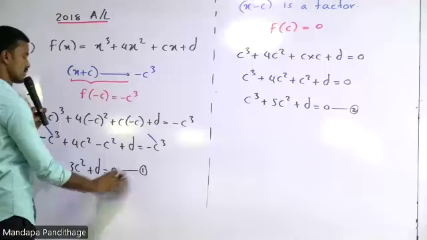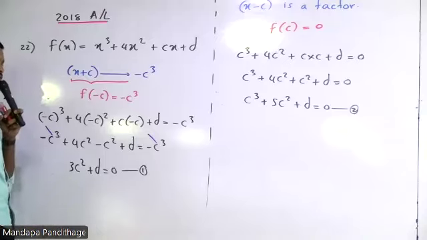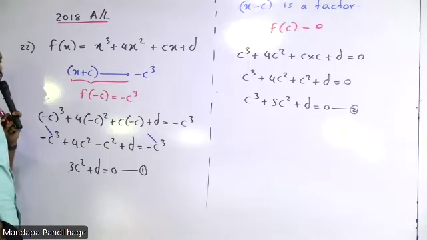So getting these two equations is normal. It's simply the factor theorem and remainder theorem. Okay, when you